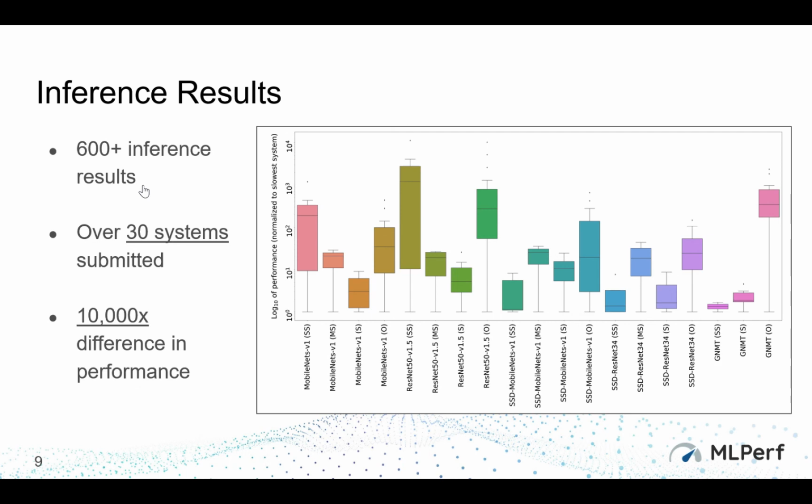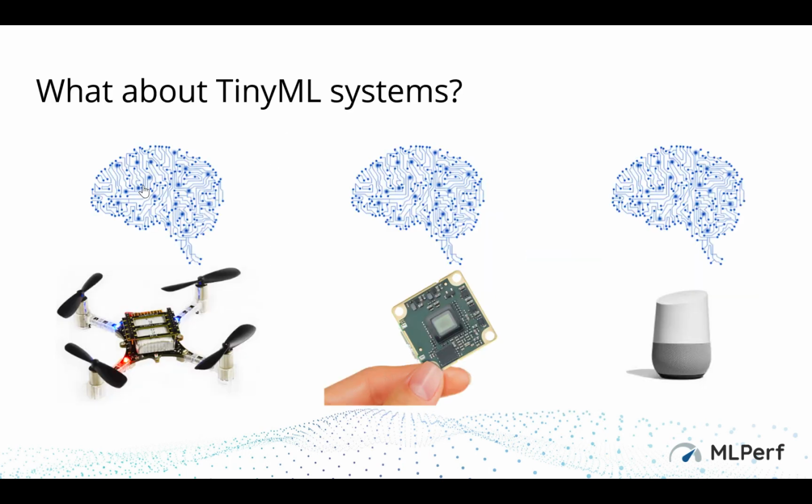So it's kind of capturing what the spread really is in the context of just high-end systems. This data primarily encapsulates everything from DGX-like systems all the way down to a simple system like a Raspberry Pi. This is effectively what we would like to do for the tinyML space. We want to capture this large breadth of accelerator space and be able to generate plots like this that help us understand what the performance looks like in a very reproducible way. Now, behind the scenes, there's a lot of nuance about what the accuracy thresholds are and what the latency-bounded throughput metrics need to be able to qualify for a result.